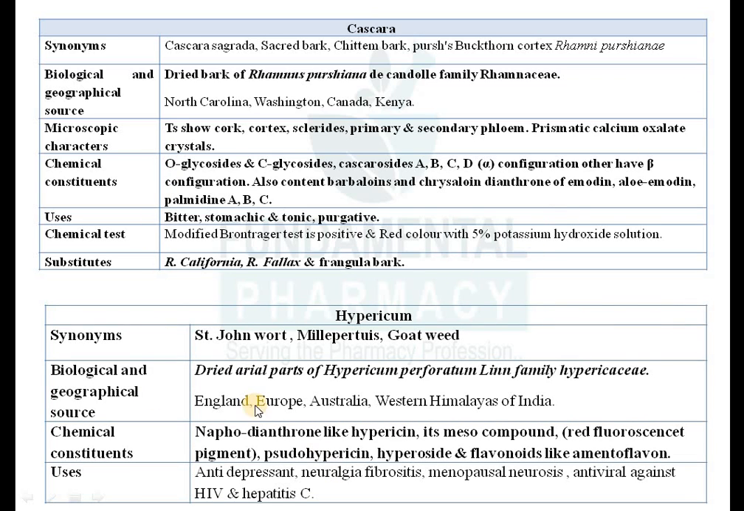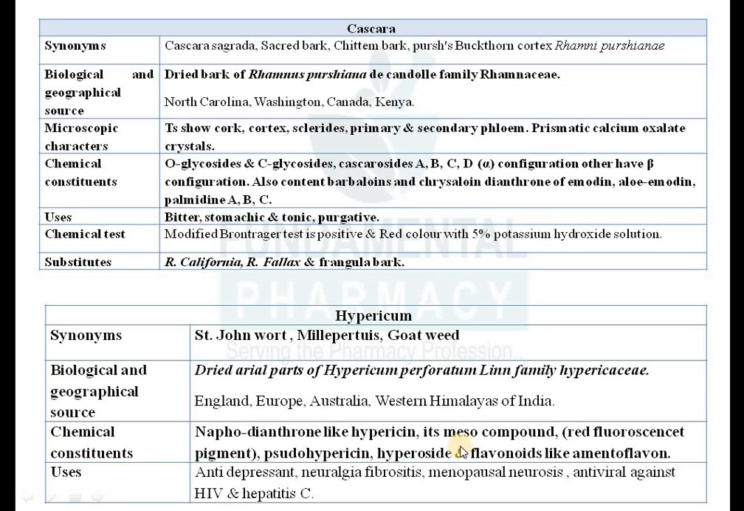Hypericum is also known as St. John wort or Milleportis or goatweed. So it is a dried aerial part of plant known as Hypericum perforatum, family Hypericaceae, ठीक है। बाद में इसका ये जो यूरोपियन सोर्स है वो छोड़ दो। इसमें एक्टिव कॉन्स्टिट्यूएंट्स क्या है,